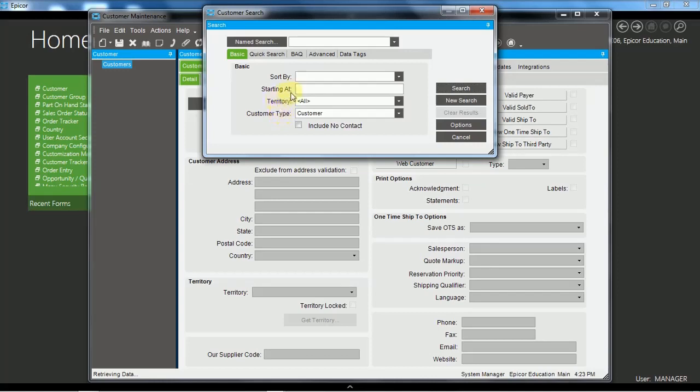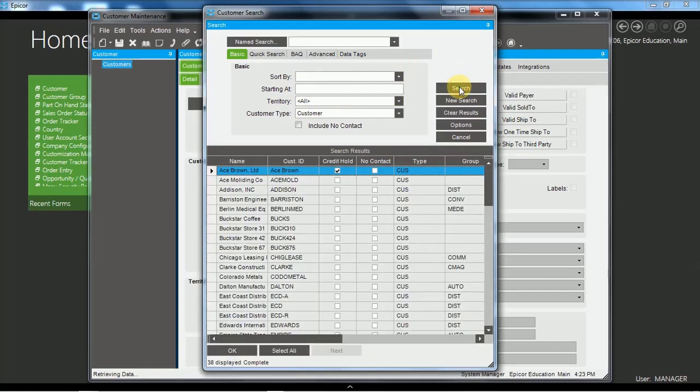Okay, so we enter data in here to filter the search, and then we can click the search button. In this case I just did an open search. Okay, now that will bring up the customers or the data